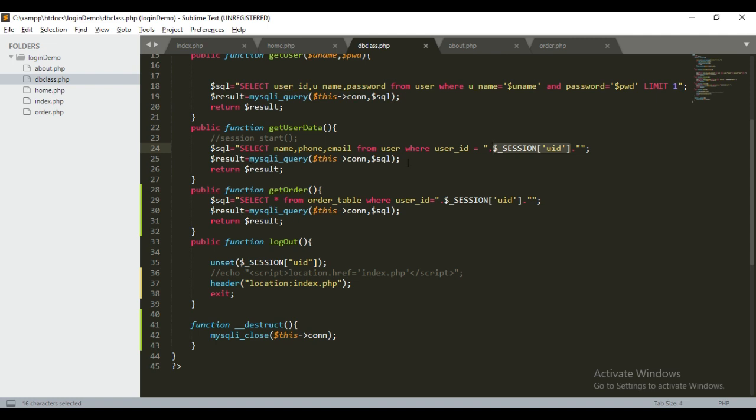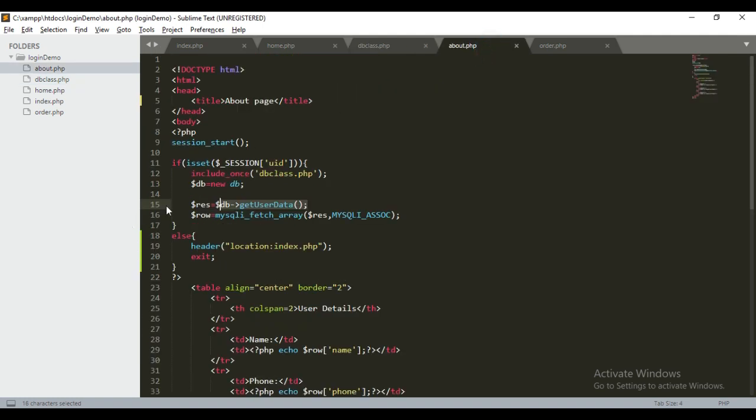It executes the query and gives the data to the calling function, about. The data is stored in this result. Now we fetch data from the result by the mysql_fetch_array function in the form of an associative array, stored in the row variable.